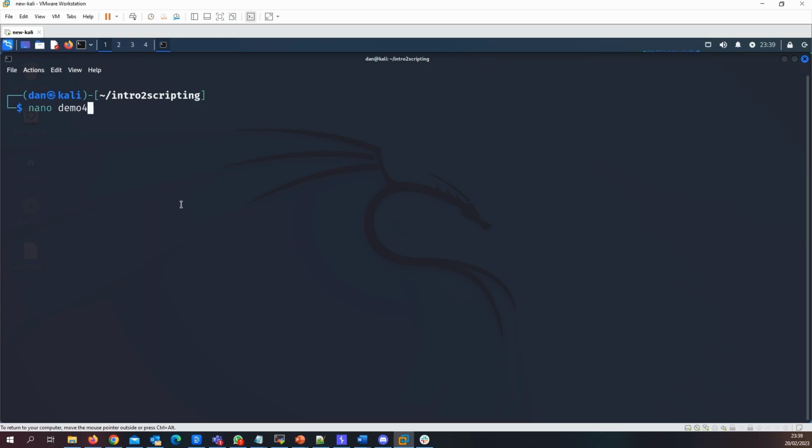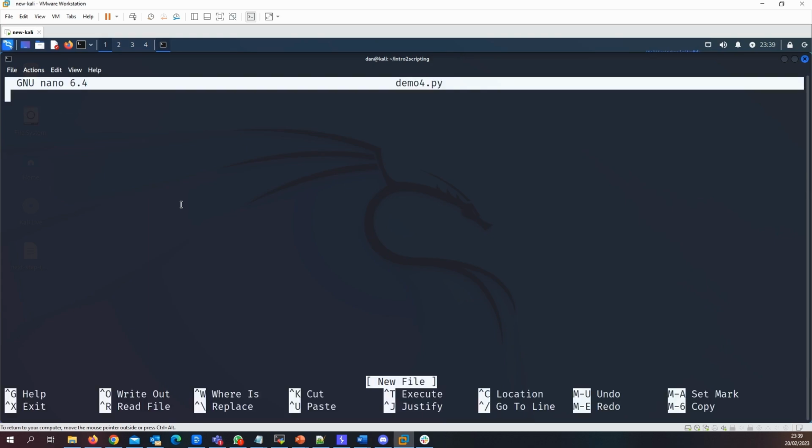So let's create demo4.py. Put that shebang in there. And we're going to put a comment here to say we're going to look at a basic for loop. Now what we can do for a for loop is that we can say something along the lines of for x, so parameter, in, and then give it our parameter here. For x in North Green,